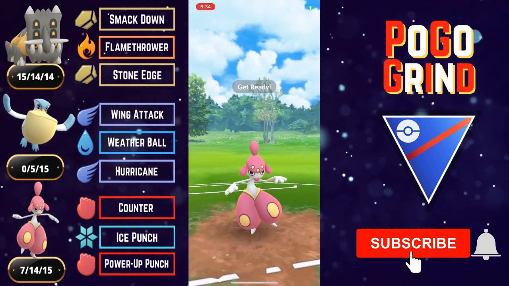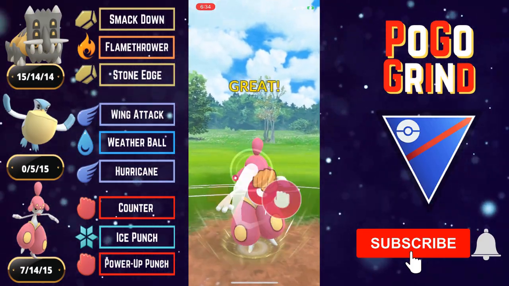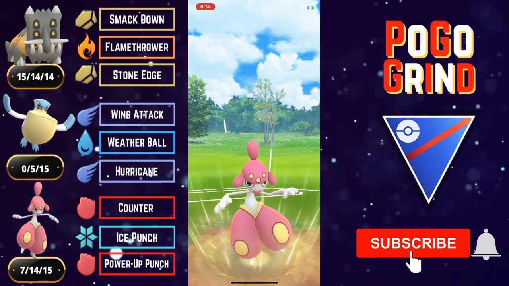XL Medicham is very tanky. Get to another Power Up Punch. We're going to get this off here, see if they want to shield this. They are hanging on in this battle, and oh yeah,